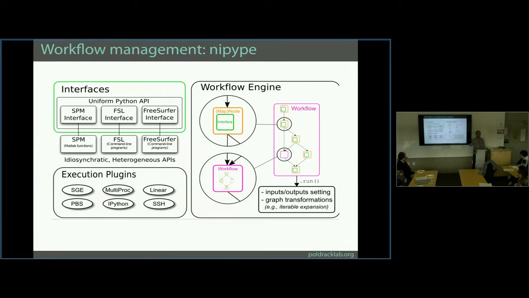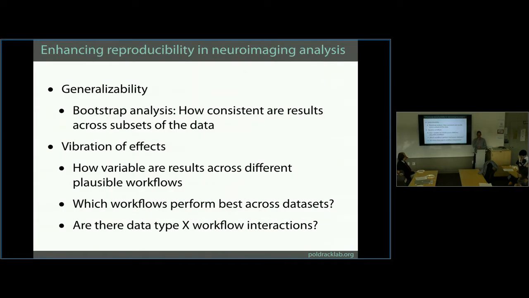So you can put together a workflow, which is defined as a graph like this, and it will go run everything, and it's aware of high-performance computing resources and so on. But it also tracks the provenance. So we have a file for everything that's run that tells us exactly what version of the software was used, when it was done, and so on. So we can deeply track the provenance.